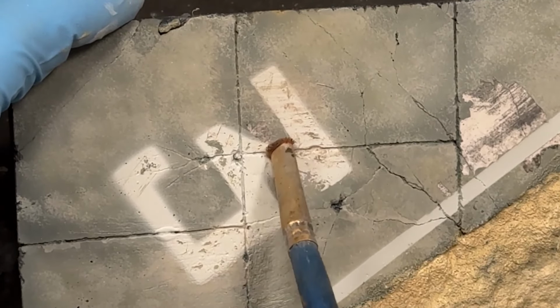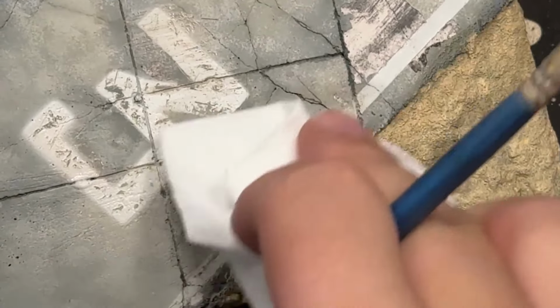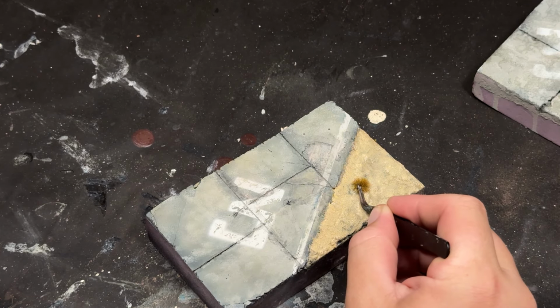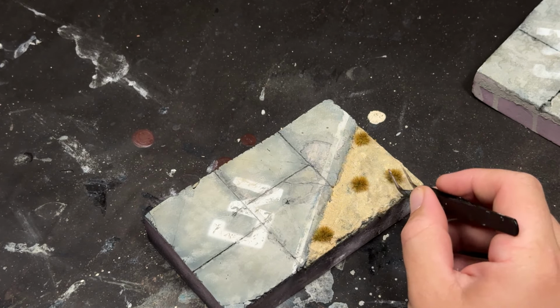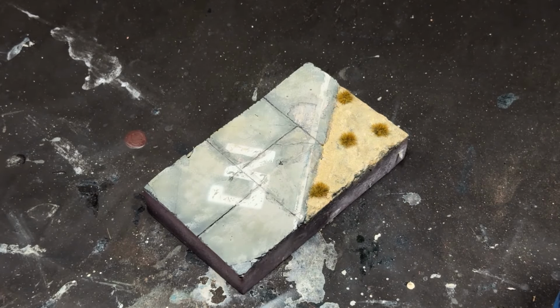Luckily, there's no real right or wrong way of doing this. It is just scraping away and trying to get something that looks kind of natural. I then used some static grass tufts that I had made for my desert diorama. Tufts are actually really easy to make yourself if you buy all of the static grass in bulk,